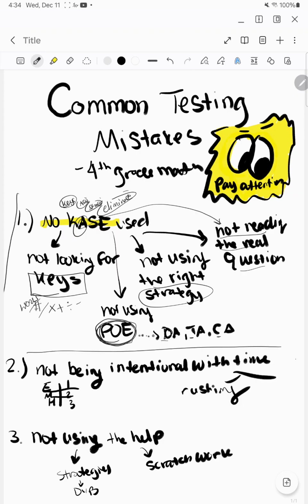Now the next thing is students not being intentional with time. I've seen students who are very good at math, but they won't be intentional. And by intentional, they're not focused on doing the easy questions first, the medium questions in the middle, and then the hard questions last. What I mean by that is, I've seen students with 30 questions get stuck. They might do 5 questions, and then they get caught up on a super hard question, and they spend all of that time on that one question,